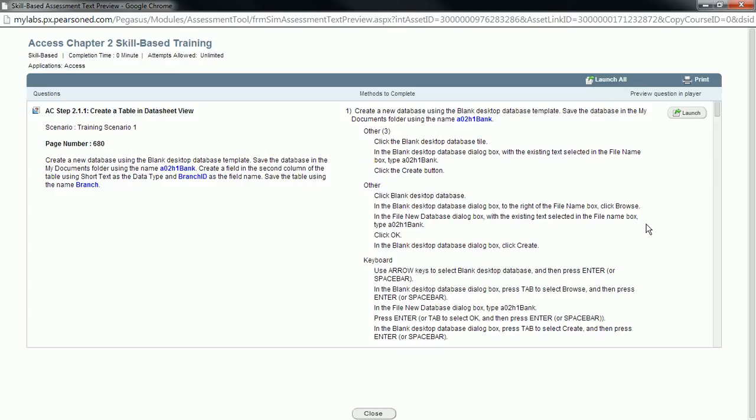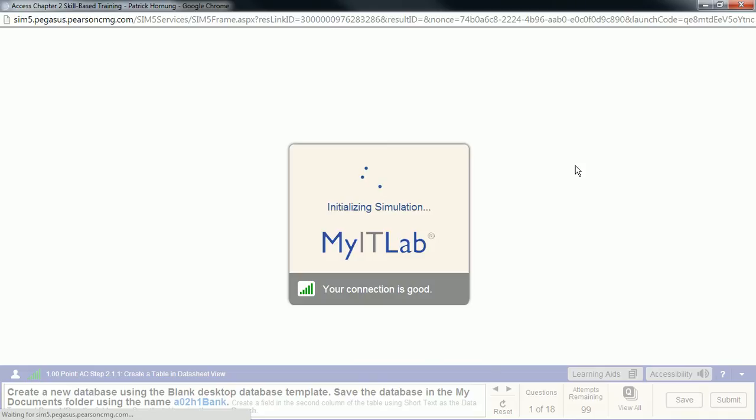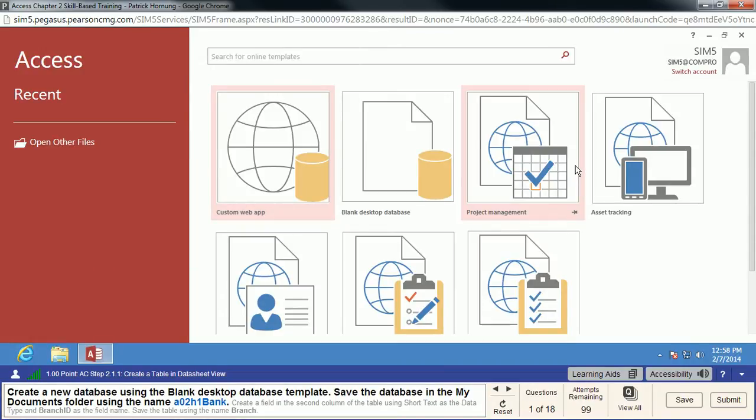In this video, we're going to take a look at AXIS 2013 Chapter 2 Skill-Based Training. We're going to go into a little more depth than we did in the prior training, and in this one we're going to look at the way the data is structured. We're going to look at some basics of querying, and we're also going to import some data from Excel and